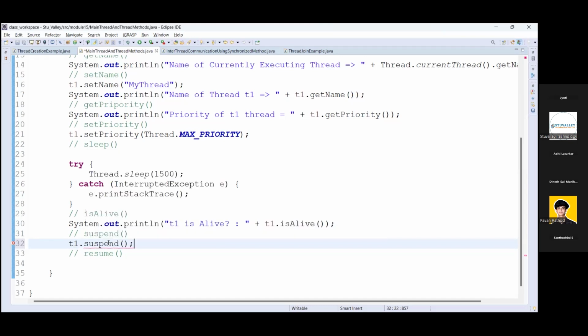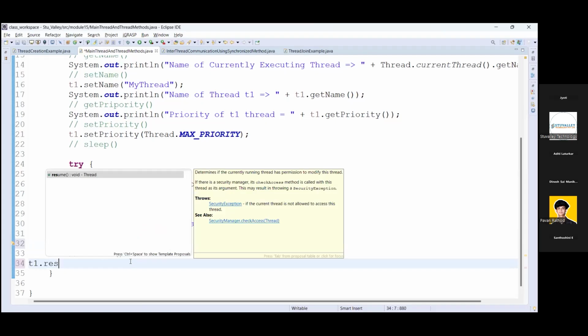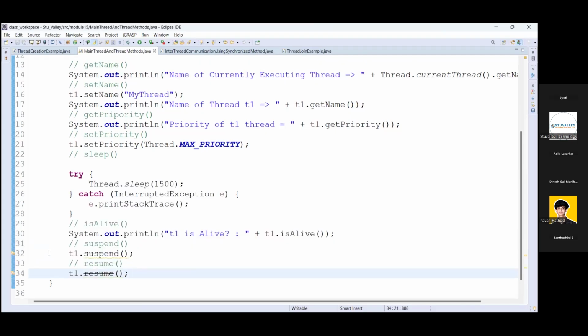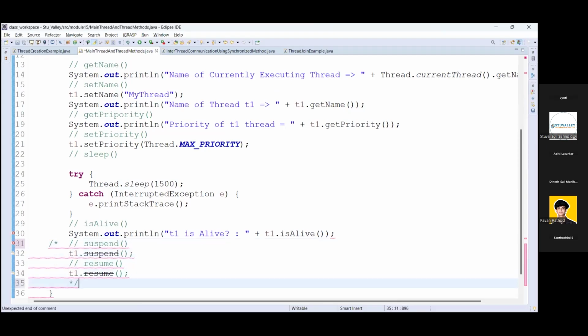We never use these methods nowadays because they are deprecated. If T1 is suspended, you can resume its execution with T1.resume. So there is no need to use these methods in any other examples. These are deprecated methods nowadays.